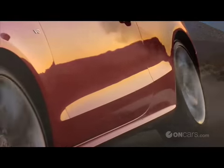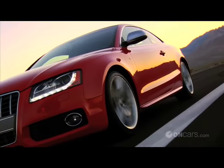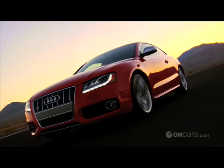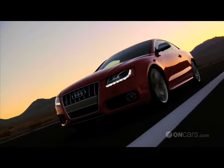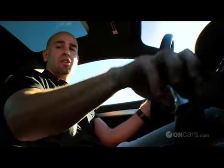But you don't need a dirt road to feel the advantages of the S5's Quattro system. Any road will do. The Quattro system in the S5 is rear biased to the tune of 60% drive to the rear axle and 40% drive to the front axle. Of course, that's in a perfect world at a constant cruise with no crosswinds or other forces affecting the car. The minute, though, that you turn the wheel, the system goes variable and starts varying the drive front to rear